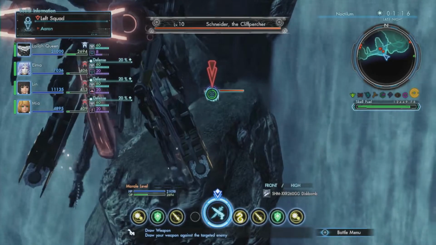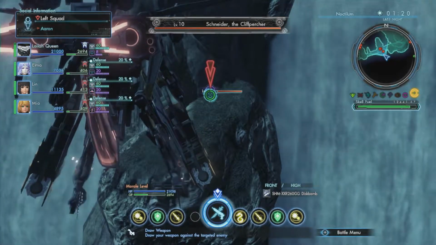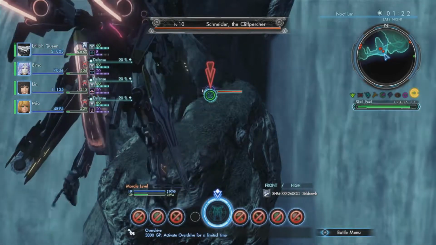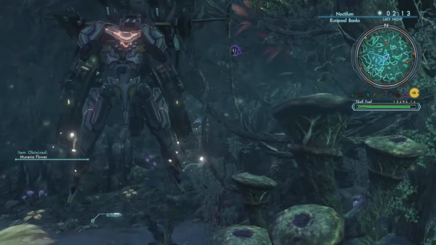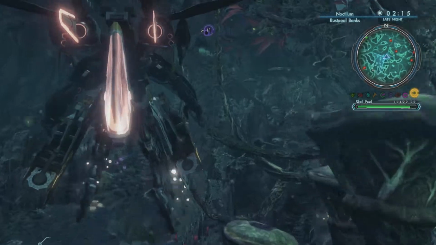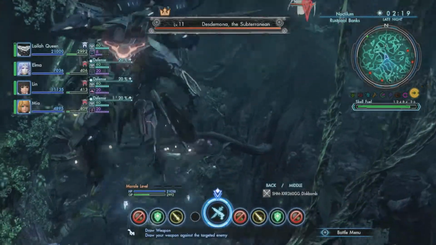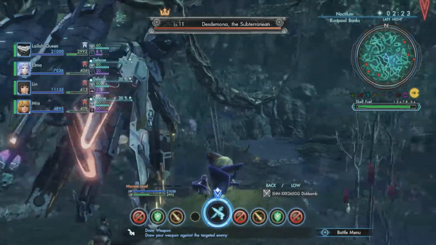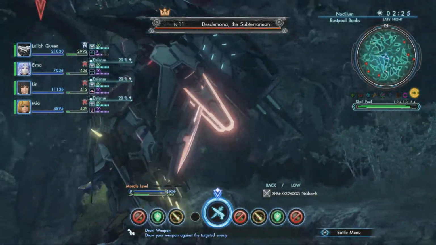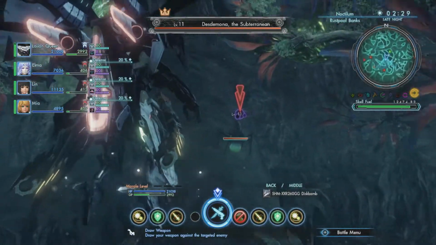Next, we have Schneider the Cliff Percher, who has both a basic mission and segment reconnaissance, so gotta kill it for 100%. Next up, in the southern part of Noctilum, in the maze known as Rustpool Banks, we've got Desdemona the Subterranean. Normally you would fight them by climbing up this hill here over towards the west end of Rustpool Banks and then fighting it at range, but a far better idea is